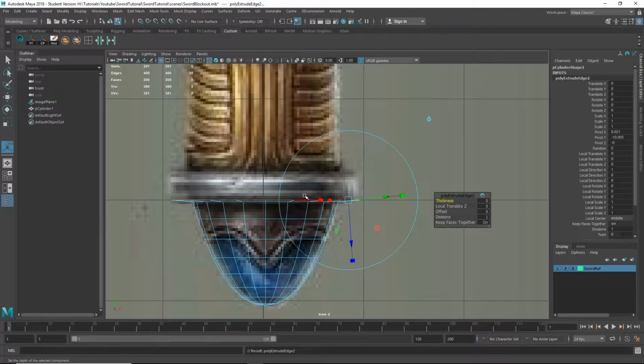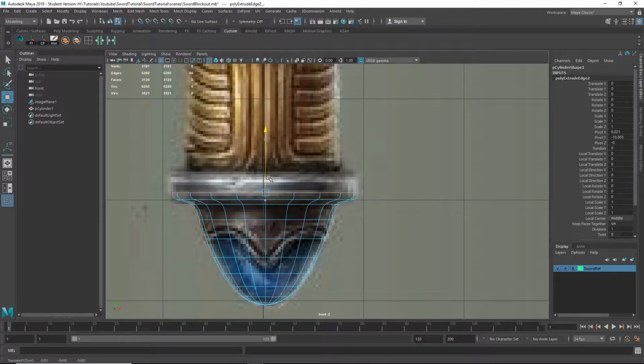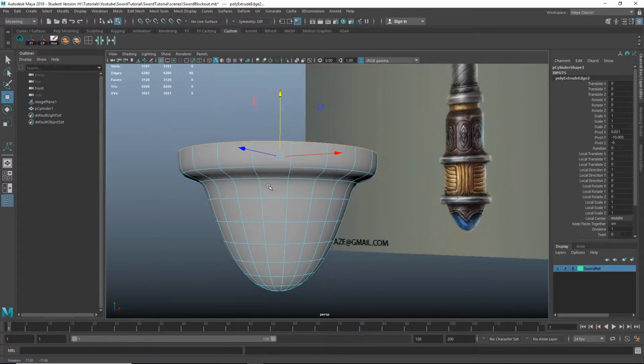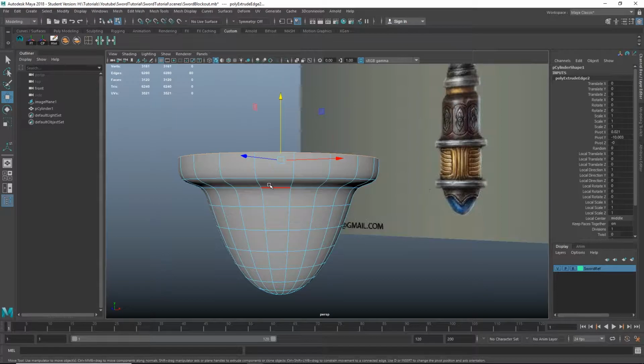Control E to extrude. Oh, as you can see, I have a bit of roundness right now. It's because I'm in smooth preview. When I did Control E, I accidentally hit 3. So now I want to make sure I hit 1, and that brings me back to